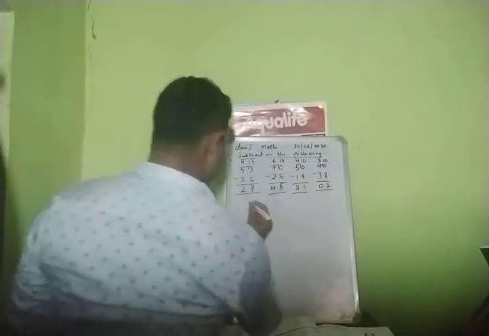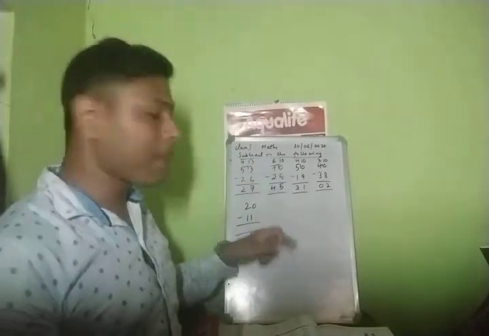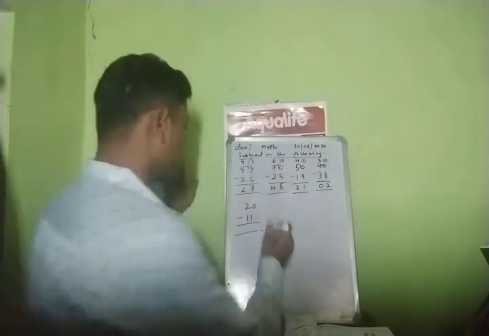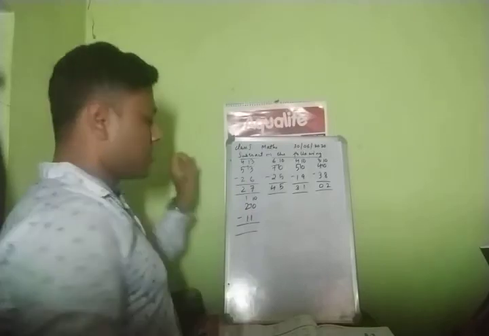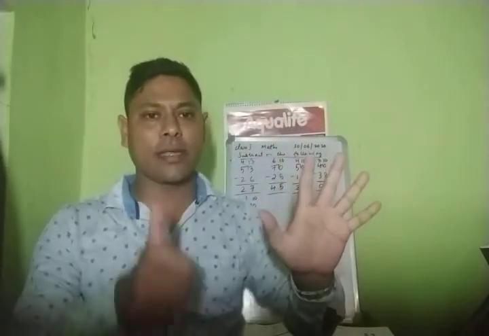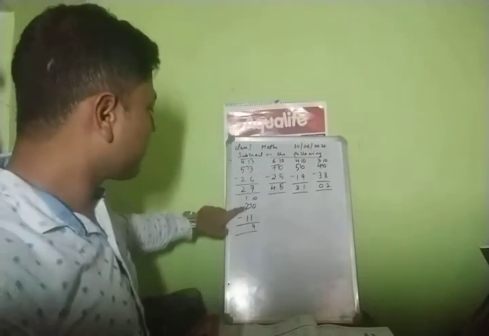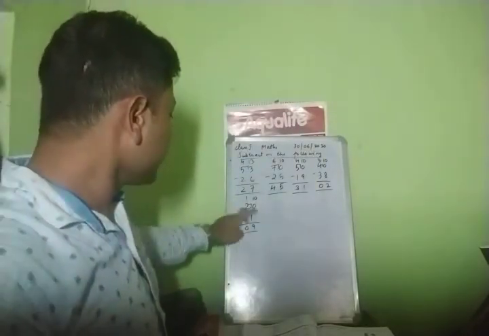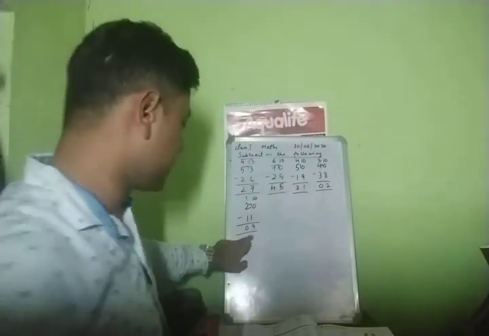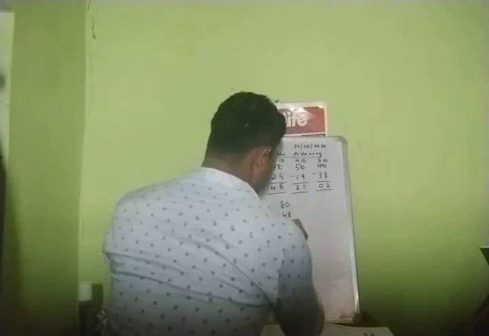Next we will do 20 minus 11. From 1 can you go till 0? Not possible. Borrow. 1, 0, 10 and we have 1. So 1, 2, 3, 4, 5, 6, 7, 8, 9, 10. How many? 9. Alright. And now see here, 1 minus 1, 0. So 20 minus 11 is 9, correct? Yes. Okay. 80 minus 48, 48.